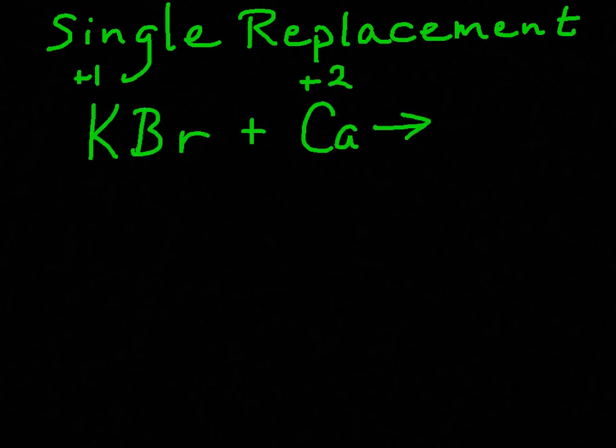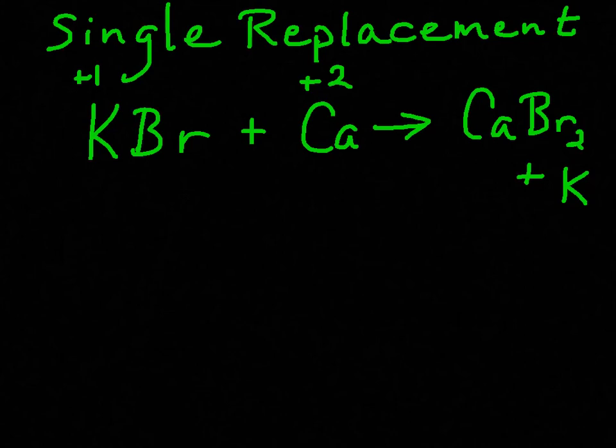In single replacement reactions, there's only one swap. If the single element is positive, it will trade out with the positive cation in the compound. In this case, calcium replaces potassium to form the compound calcium bromide, and potassium then is the single element by itself. Notice that in the formula for calcium bromide,